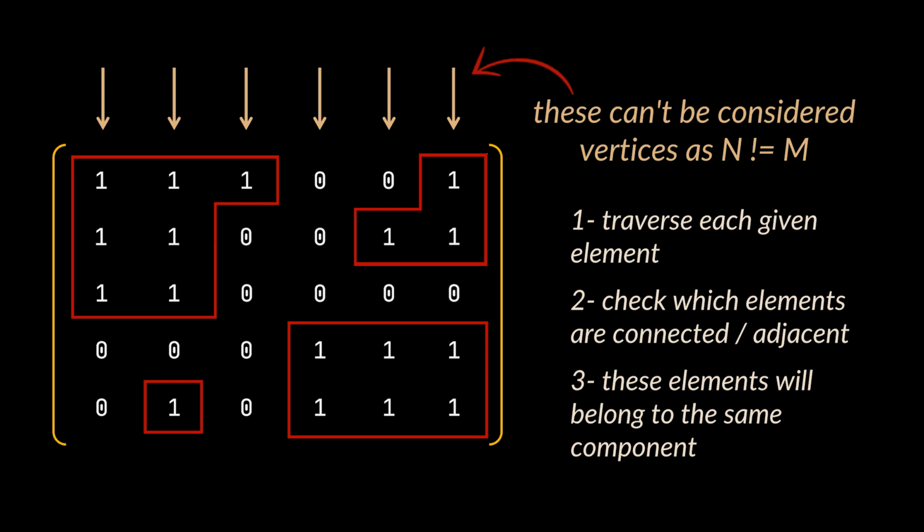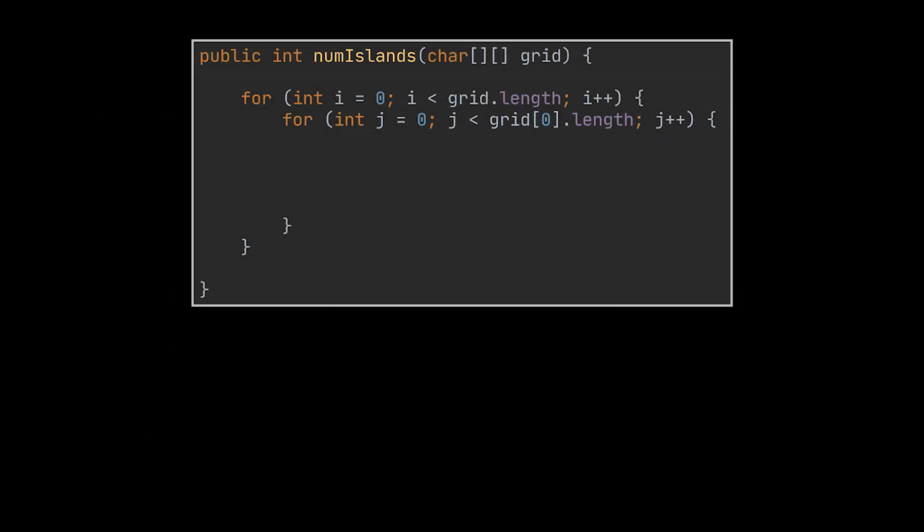So, to solve this problem, and as I mentioned, we want to traverse all the elements of the given structure. In the previous example, it was a set of vertices, so we traversed that. In this example, each element or cell we have is independent of the other, hence we need to traverse all the cells present inside the provided 2D matrix. Then, every time we encounter a non-visited element, we proceed by traversing that element and its adjacent elements.